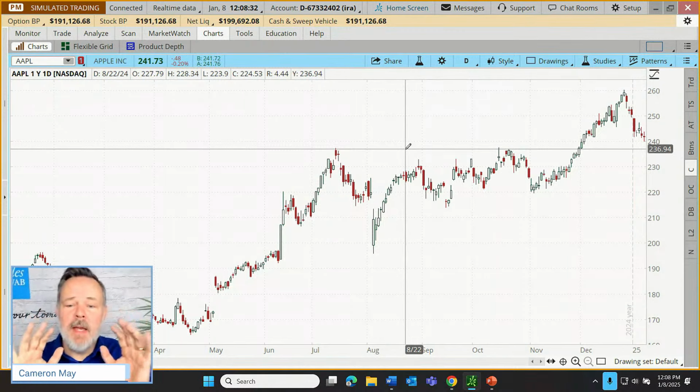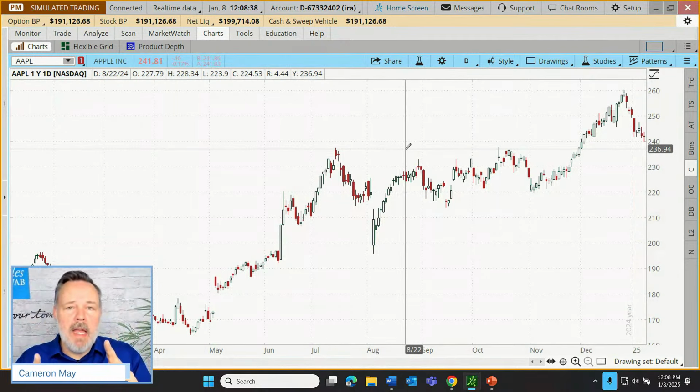So I'm going to just put it there on the chart. I'm going to take my hands off my mouse so things aren't moving around. Now look back up to that D-O-H-L-C-R-Y that I was talking about. D is the date that I'm pointing at. So I happen to have settled on August 22nd.